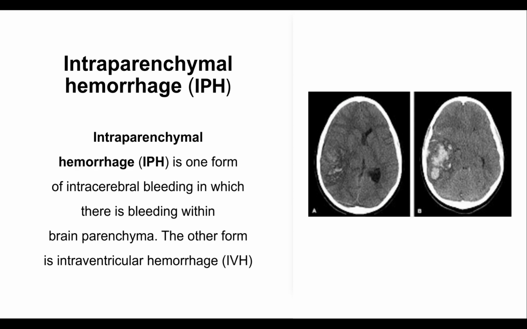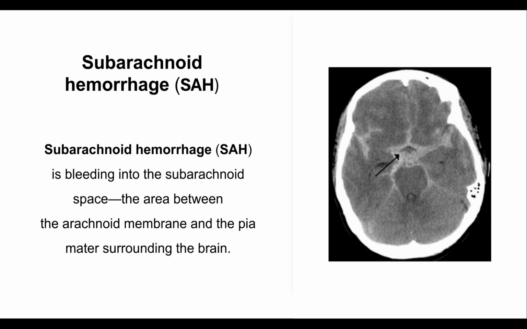Intraparenchymal hemorrhage, IPH, is one form of intracerebral bleeding in which there is bleeding within brain parenchyma. The other form is intraventricular hemorrhage, IVH. Subarachnoid hemorrhage, SAH, is bleeding into the subarachnoid space, the area between the arachnoid membrane and the pia mater surrounding